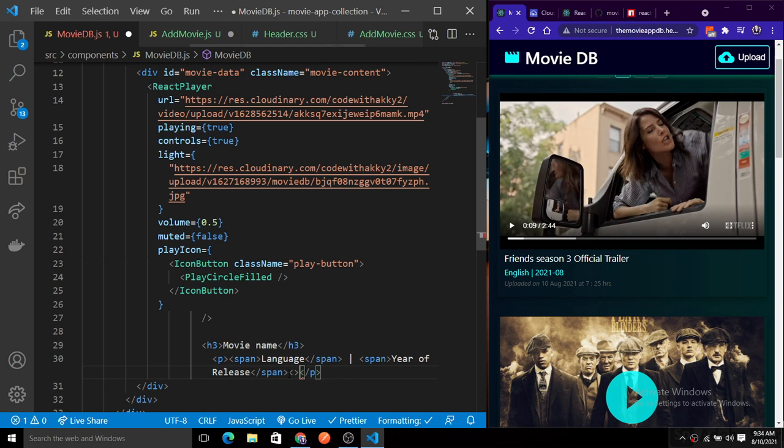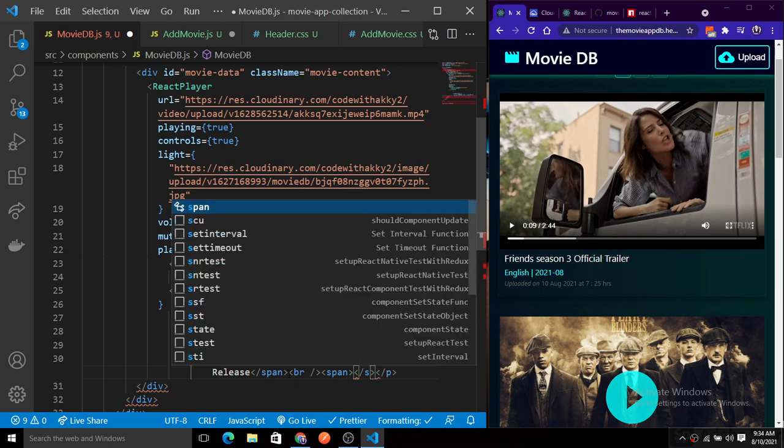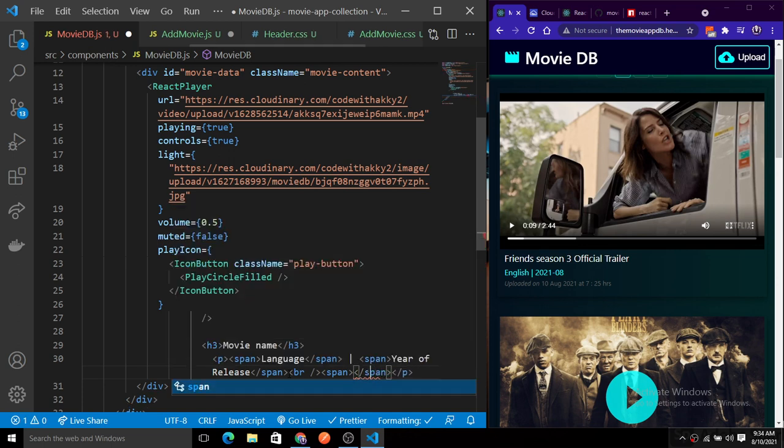So let's add it by adding a break, and here we have another span, with the uploaded on, and it should be in italic.